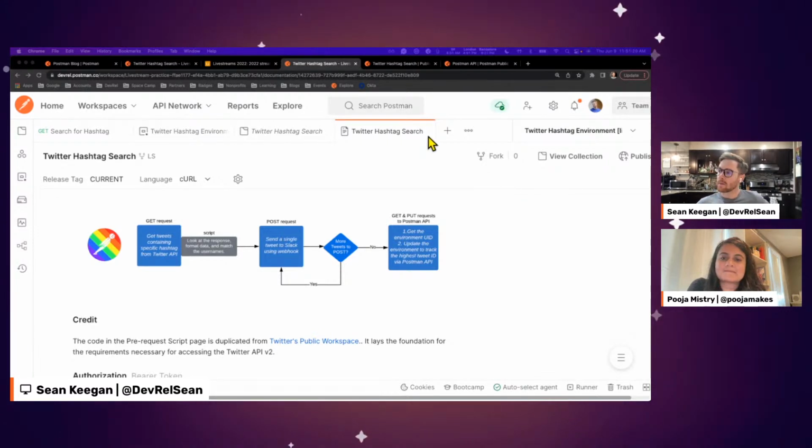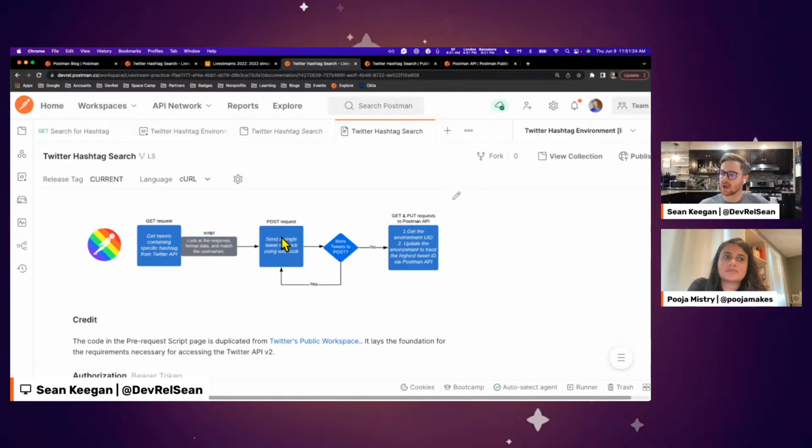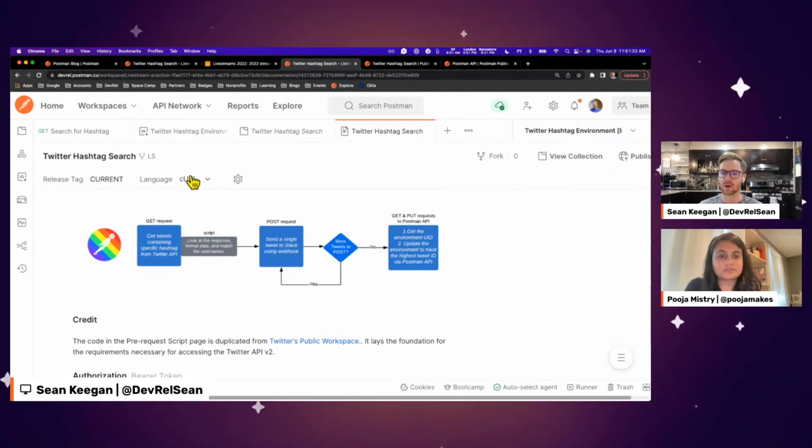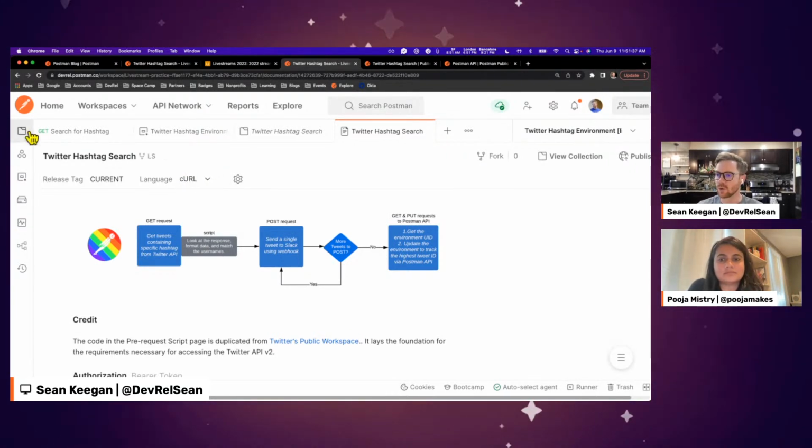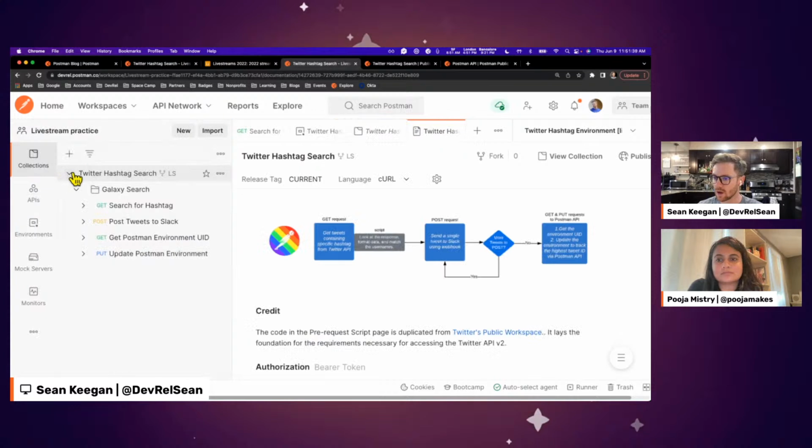But yeah, Pooja asked if I was using webhooks. In a sense, I'm more making use of Slack's webhooks than I am of the Postman ability to use webhooks. Right. Because I am able to,